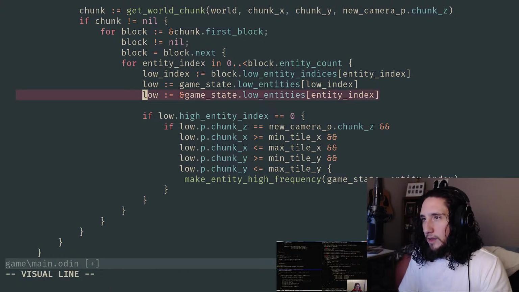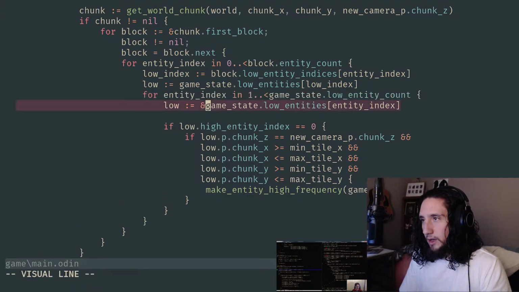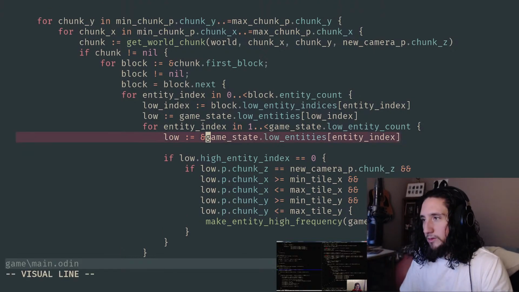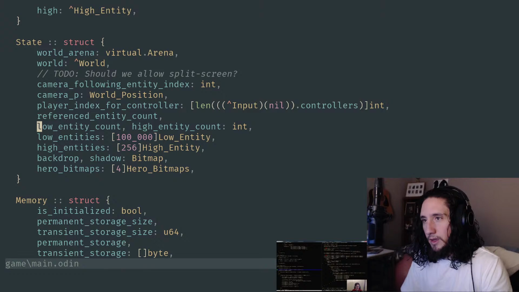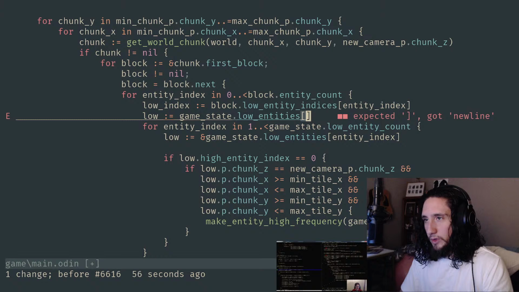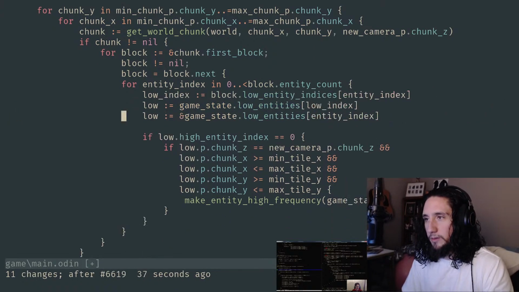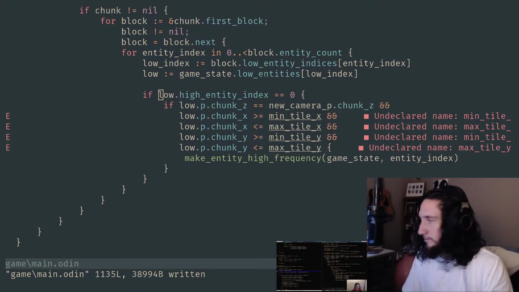And that goes away. Now it's all coming together. Instead of going through every single entity index in the game state, because this low entity count value could be somewhere in the tens of thousands or hundreds of thousands if we've got a ton of entities, we only want to walk the entities that are in proximity to the camera, and those are embedded in the tile chunks. Can totally appreciate now how we got to this place. Awesome. That feels good. You'll see why in a second.